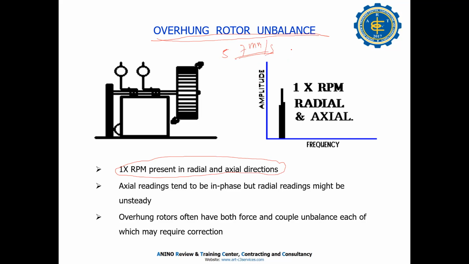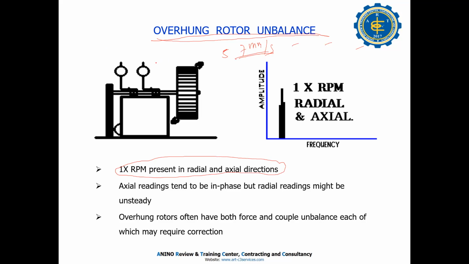For example, when we run this weekly, the first 3 days we get readings. They are the same. Then 1 week, the same. 1 month, the same. 2 months, the same. Okay, that's the baseline. If there is an overhang rotor, and we get 6 mm per second vibration, or 7, we say, okay, it's normal. So that's why when you asked me before, what is the standard? You can use the standard, but we use the actual